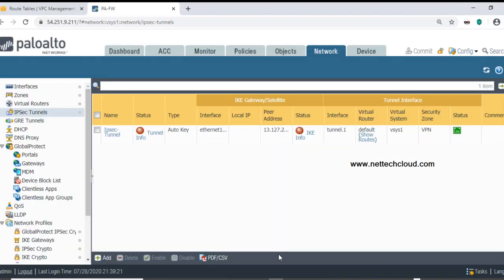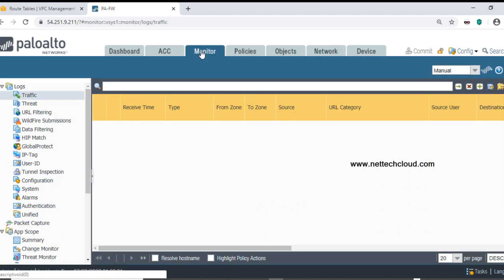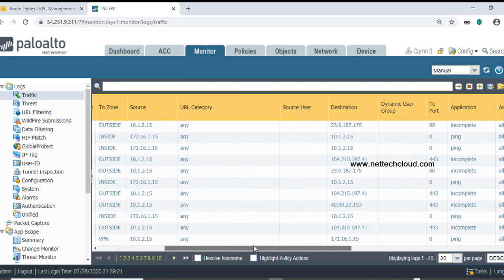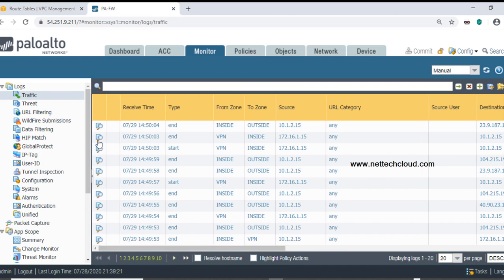And if I show you the log here and refresh this tunnel status, yes, it's up, right? The tunnel is up. And if I go to monitor and show you this ping command, here it is, the log message.